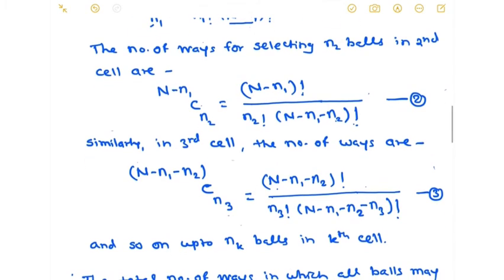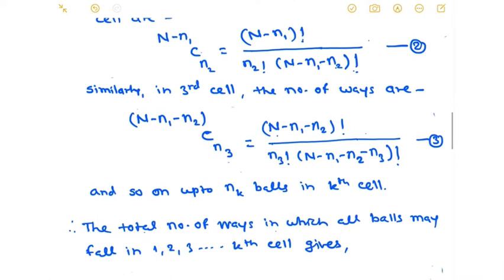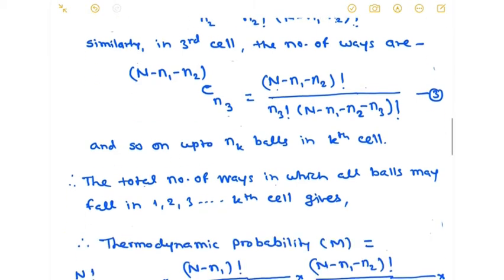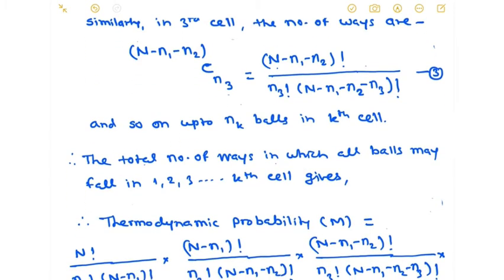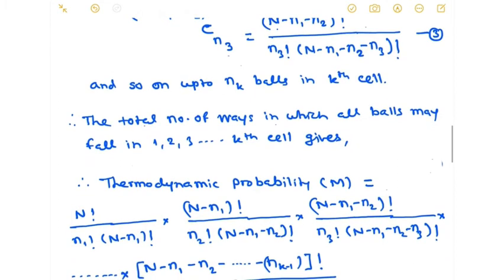In such a way we consider all balls, meaning nk balls when they fall in the kth cell out of the remaining balls. Then we write the total number of ways in which all balls may fall in the first, second, third up to the kth cell. These numbers of ways give the total thermodynamic probability. That thermodynamic probability is denoted by M,